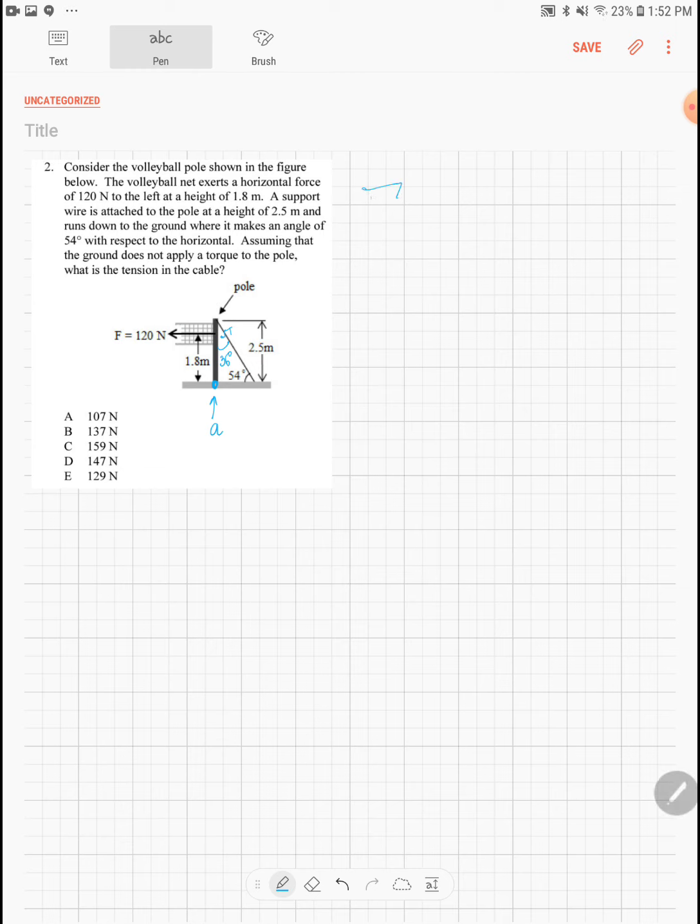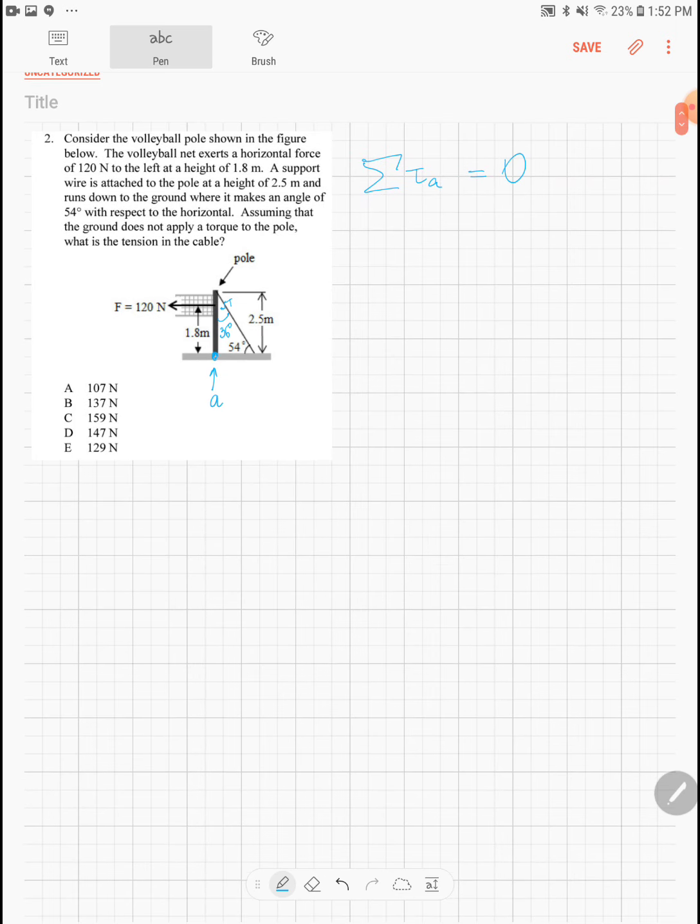I can write down the equations for the static equilibrium around this axis A. The forces which act on the pole, except for those applied at that point, there are also forces applied over here, and they create a non-zero torque. So let's consider first the torque due to the force exerted on the pole by the net, and it is